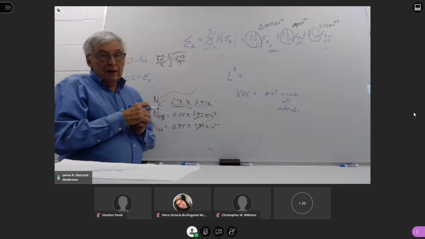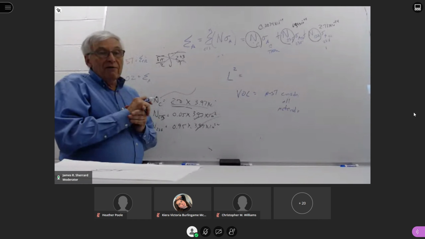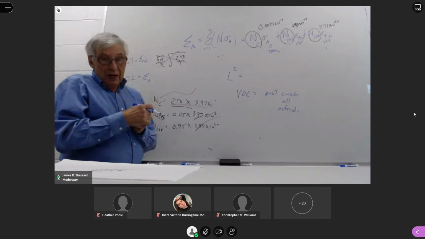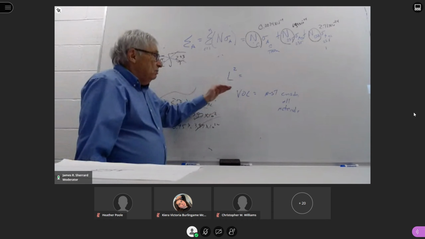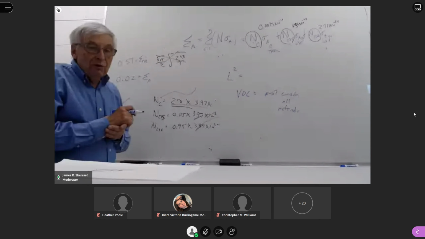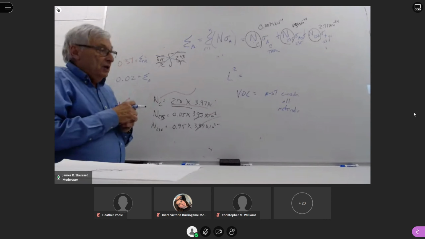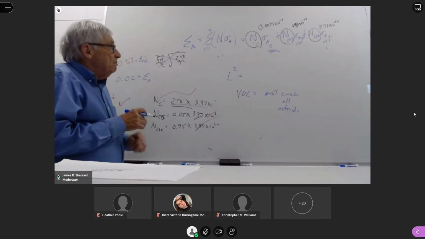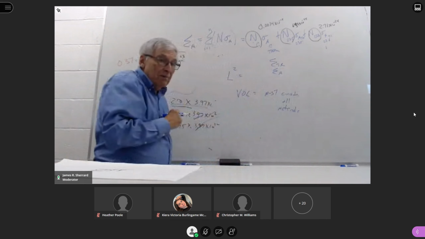and 1 moderator, carbon. Your book, for some reason, just like they did in the first example problem, decided to lump everything together into natural uranium. But we know we don't have natural uranium. We have enriched uranium, so you have to account for all of that. So you have to come up with the individual volume for each of the materials, come up with a total volume, divide that into Avogadro's number. Then when you multiply that times the number of moles, you come up with the individual number densities for each of the materials there. Then based on that, you can go back and calculate sigma transport and sigma A,